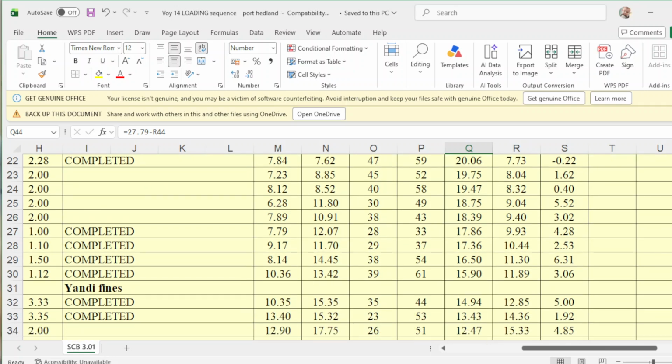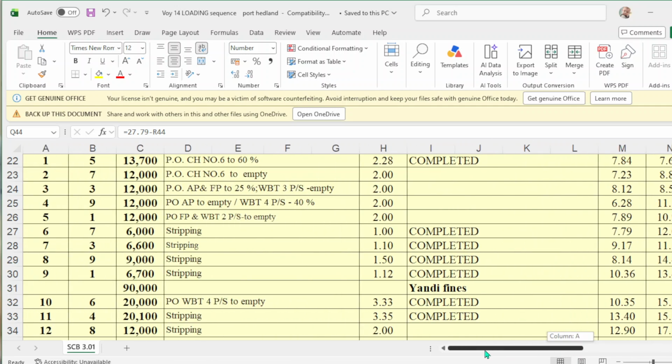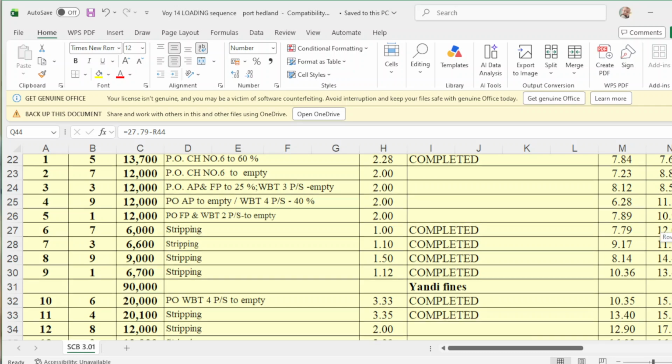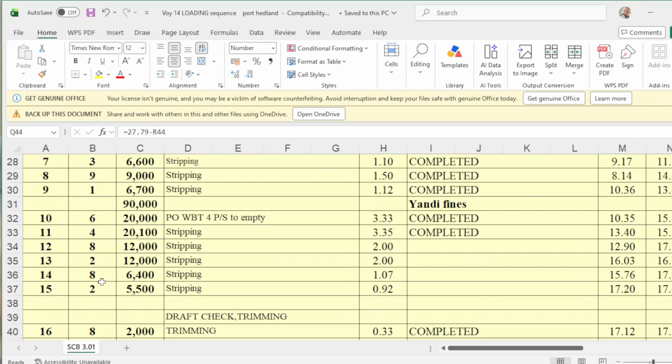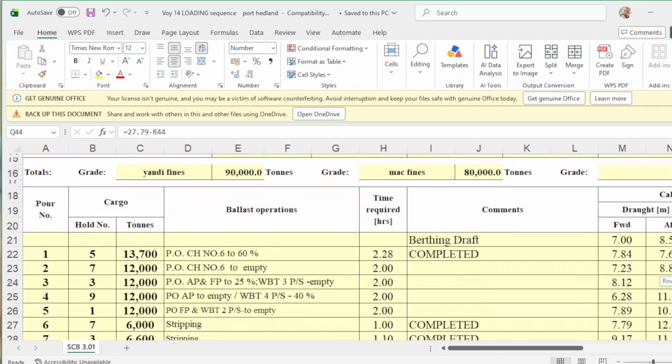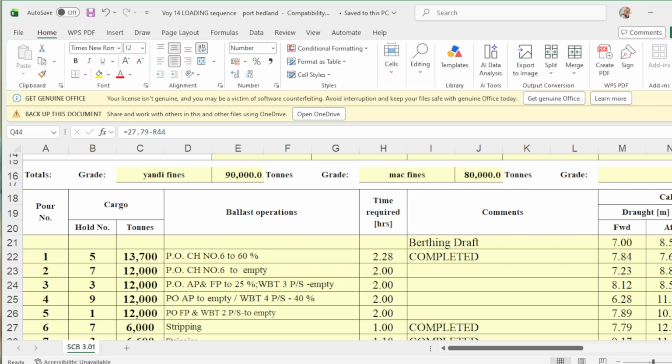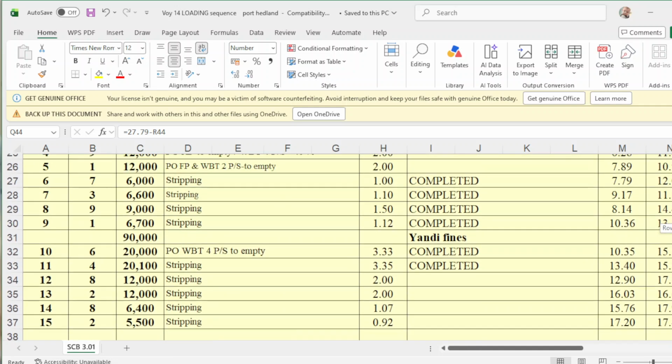Now, after completing the odd numbers in your hold, they will proceed with the even numbers of cargo hold. Now, when they reach pour number 15, which is hold number 2, loaded with 5,500 metric tons, once this is completed,